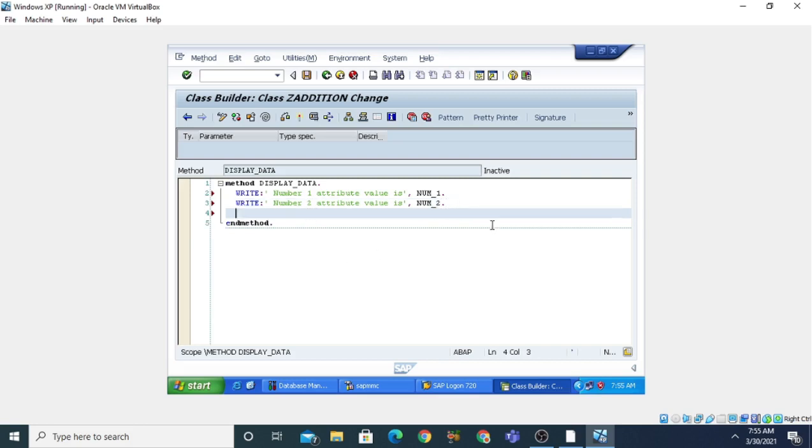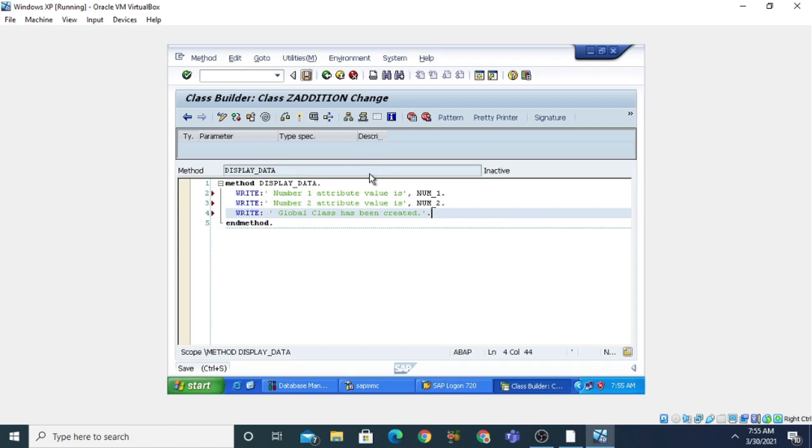Then we can also write a statement here: global class has been created. Now click on this save button to save this method display_data.